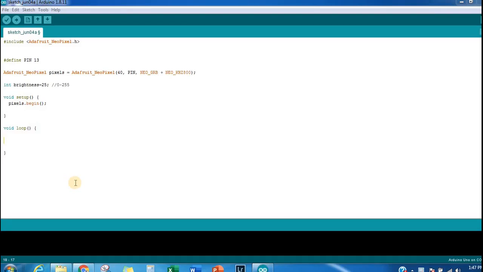Hi guys, in this video I'm hoping to teach you how to use for loops in programming using an Arduino shield with RGB LEDs. For loops are a very important part of any programming language. If you know for loops, you can easily program in C, C++, Java, Python and C#.NET. For loops are very essential in most programming languages.